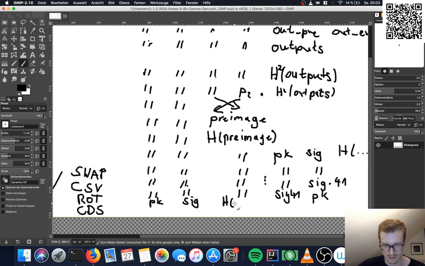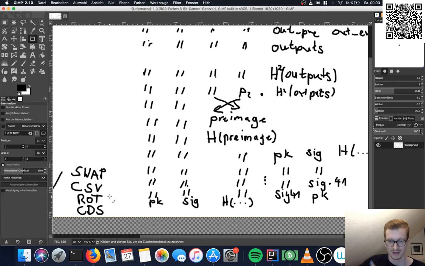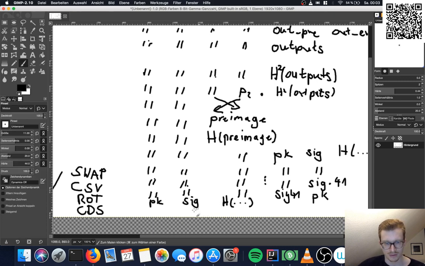Those are currently not in the right order, but if we do a rot operation, then they will be in the right order. So this will put the signature on the bottom, then the hash in the middle, and then the public key on top.